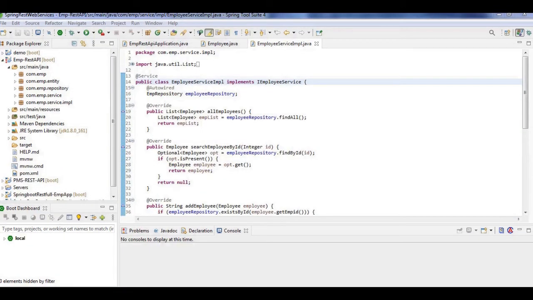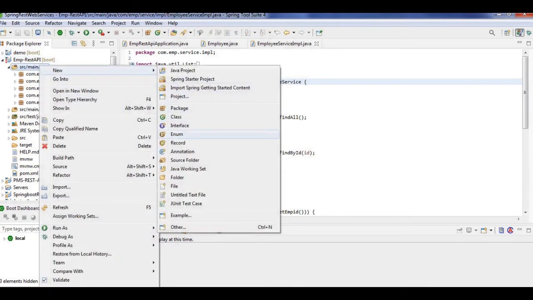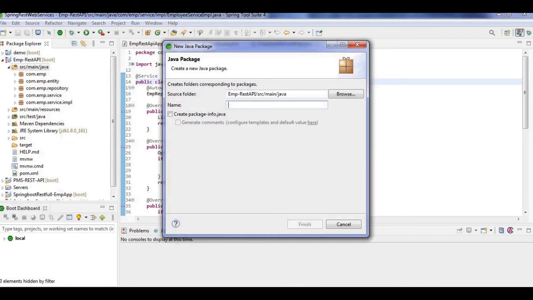Next I'm going to create the REST controller. The REST controller is going to call the operations in the service layer. So let me first create the package com dot m dot controller.